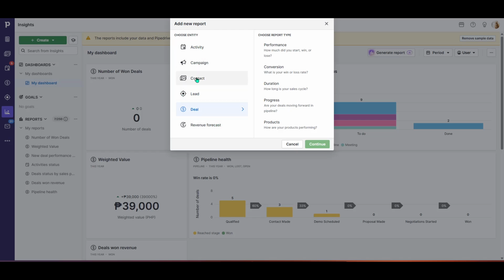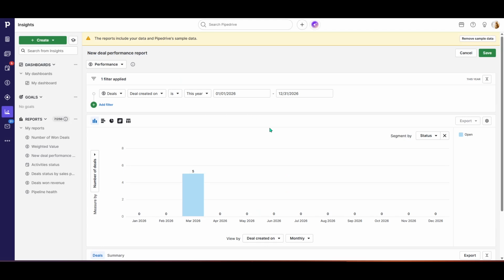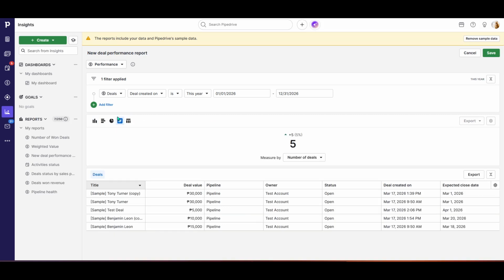Next, set the report entity to Deals. You're focusing on deals rather than activities or organizations because you want a count of lost opportunities. Then, set the report type to Performance. The performance report is ideal for summarizing outcomes like counts and totals, making it perfect for a clean lost deals